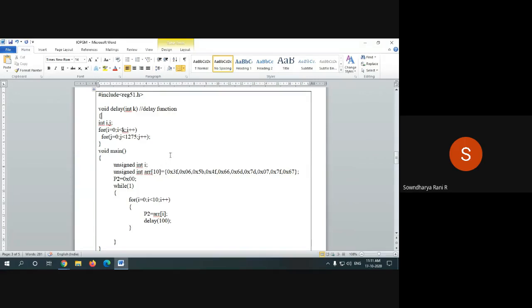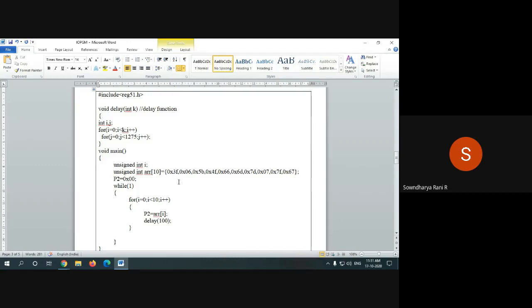The display codes which we have seen in the previous table are stored in this array. How many decimal codes do you have? From 0, 1, 2 till 9.